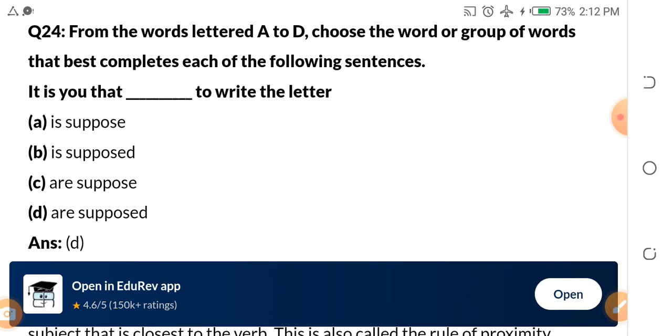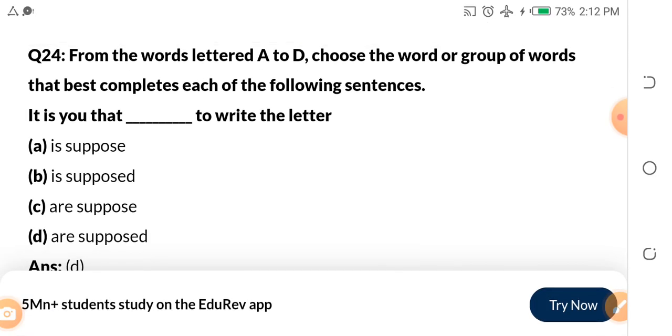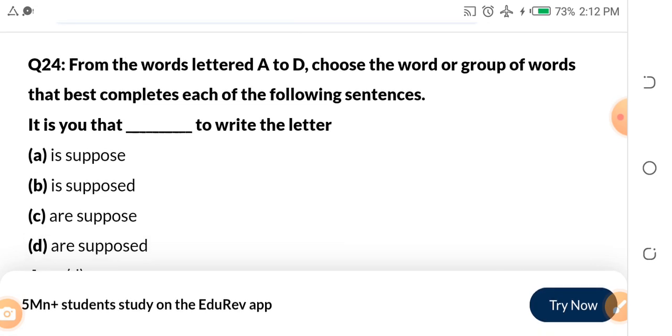From the letters A to D, choose a word or group of words that best completes each of the following sentences. I've always told you, always try to understand the instruction on top of a question before you begin to attempt it. By the way,